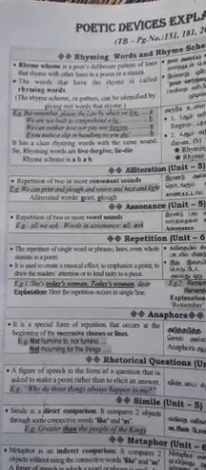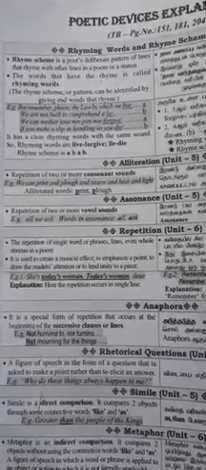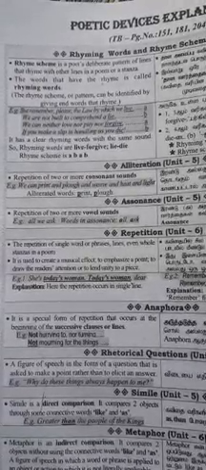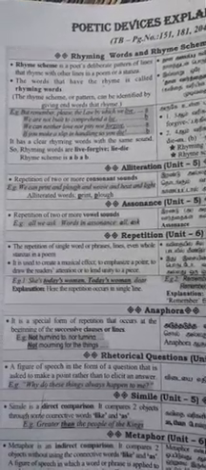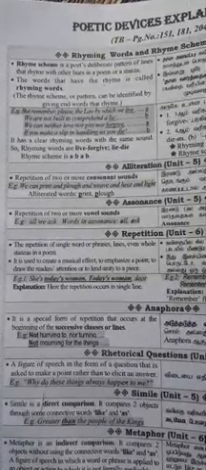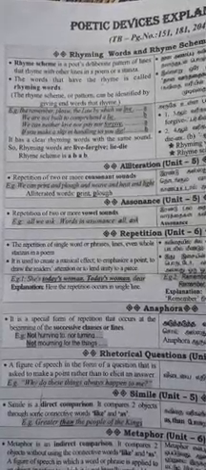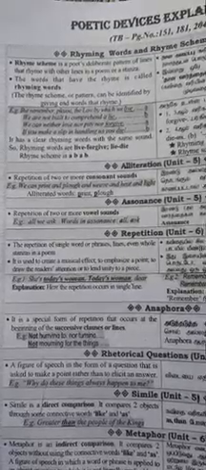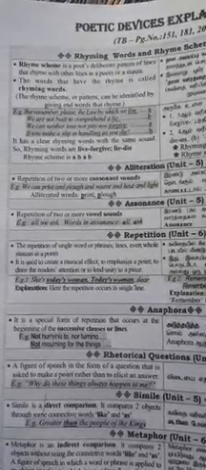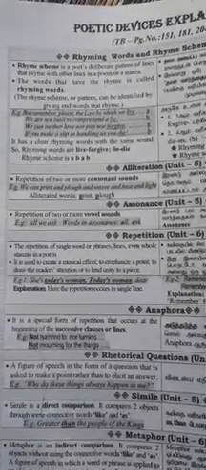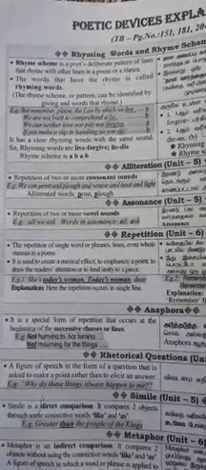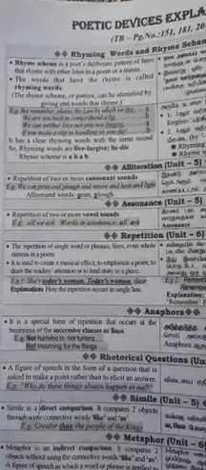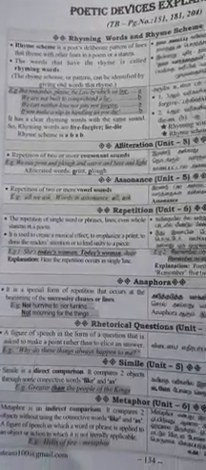And then repetition, not only alliteration and assonance, here repetition. Here the repetition occurs in a single line, where the words are the same. The 2 or 3 words are repeated in the single line as well as the same words. That's what repetition is here. And then anaphora,